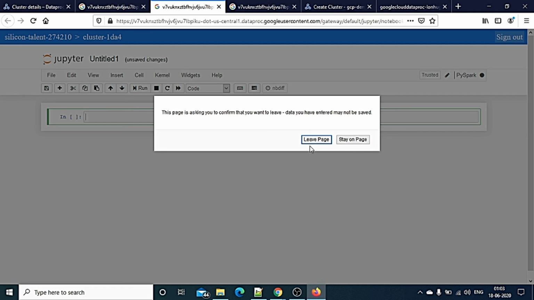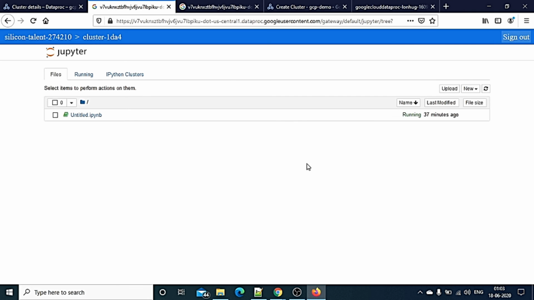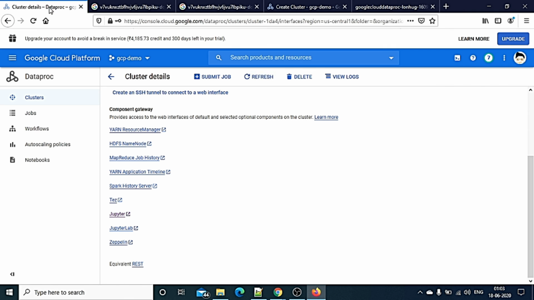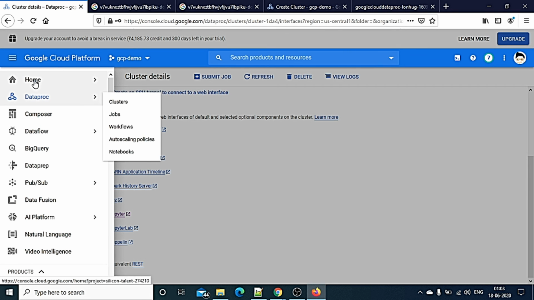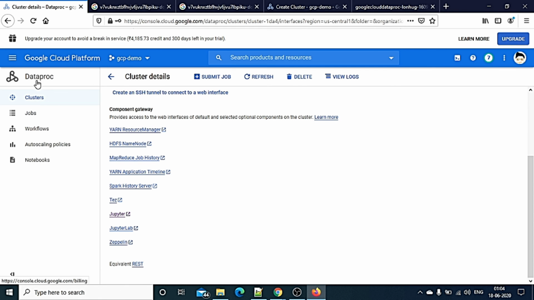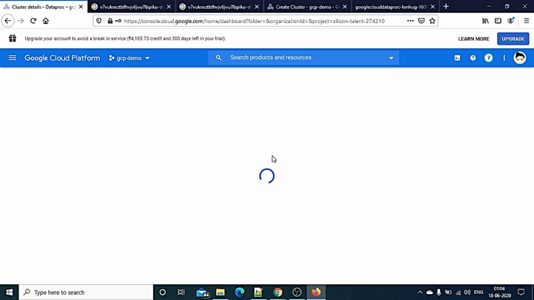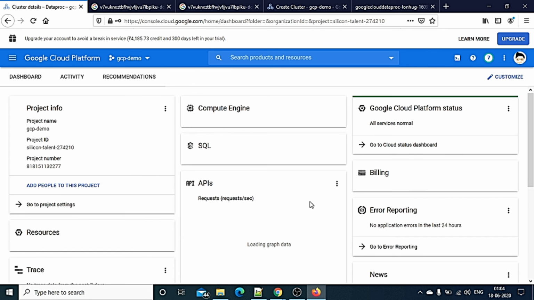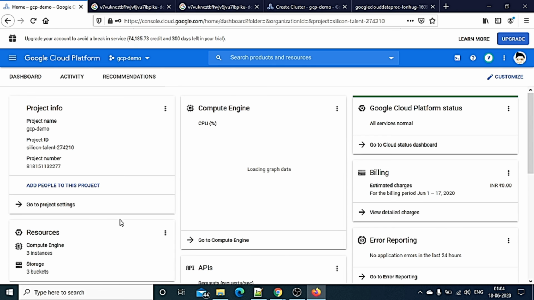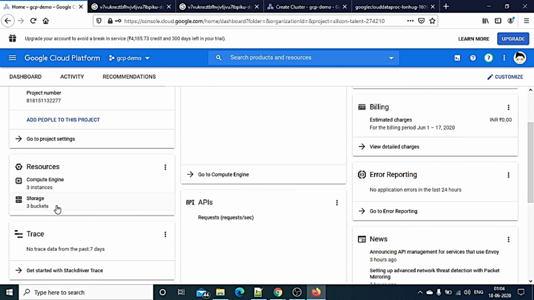Now I'll show you where your notebooks will be stored. So let me go back to home. Because you are creating a notebook here, it will automatically store somewhere. So let's say some other day the cluster will stop working, but your notebook will not be lost.